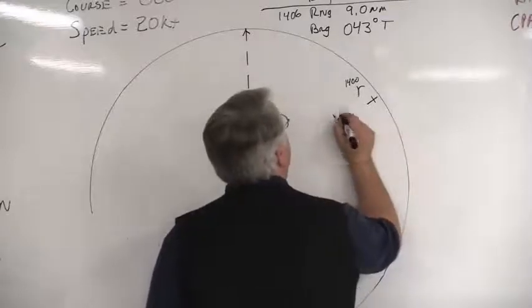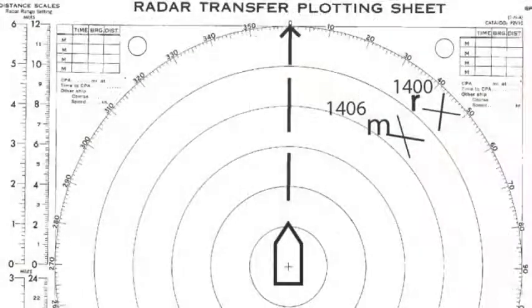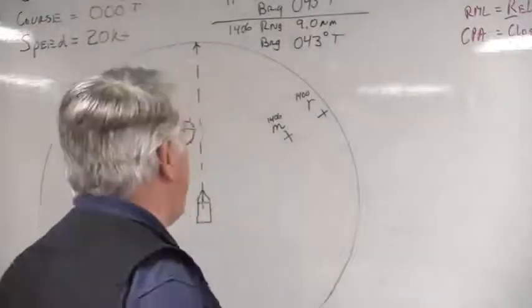Once we have that second mark, what are we going to label it? M. That's going to be M. If we follow our labeling, M is the second plotted position of the target ship, and that's going to be at 14:06. Okay? So now that we have 2 plots that are 6 minutes apart, we can now figure out the most